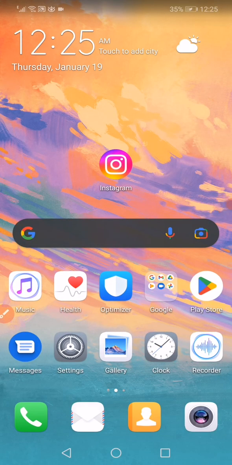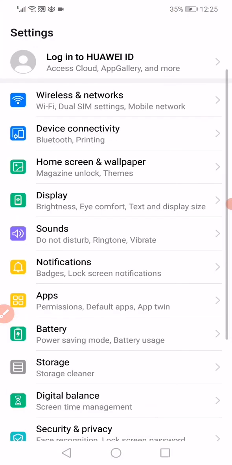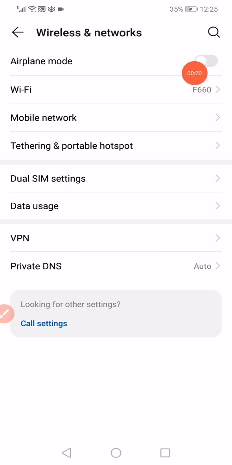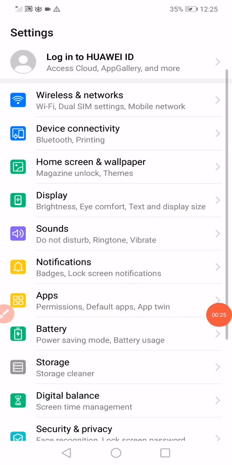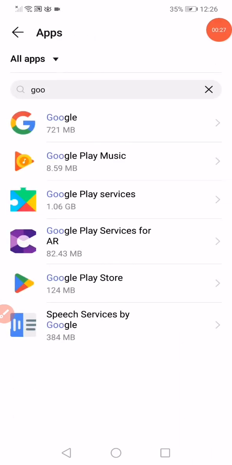I'm gonna show you how to fix the story effects or filters not working problem. So the first thing, guys, to fix the filters on Instagram, it's actually so easy. Just open the settings on your phone and then open the wireless and networks option. Go to the airplane mode, enable it and then disable it, and open the apps manager like this and then